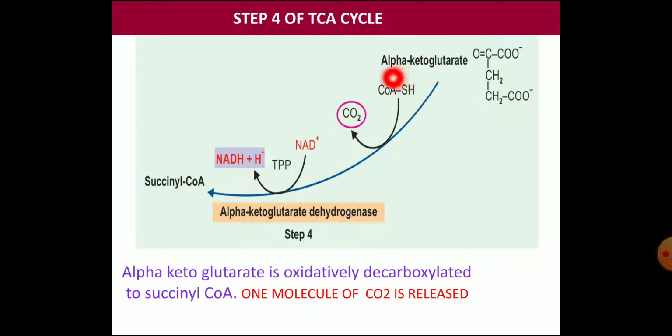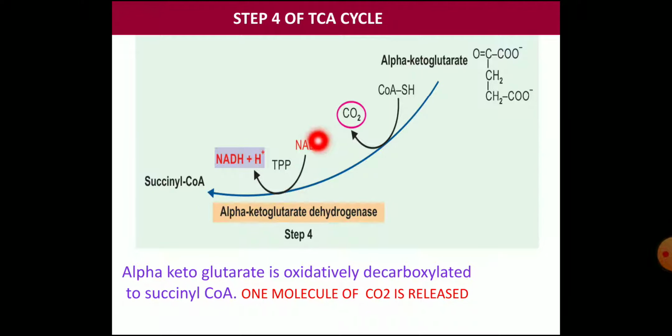So here coenzyme A is coming. That is, coenzyme A is produced in the first step itself, where oxaloacetate plus acetyl coenzyme A form the citrate. 1 molecule of coenzyme A is released. That coenzyme A comes in this reaction and releases 1 carbon dioxide molecule again. So the second carbon dioxide is released in this step, that is alpha ketoglutarate to the succinyl coenzyme A.